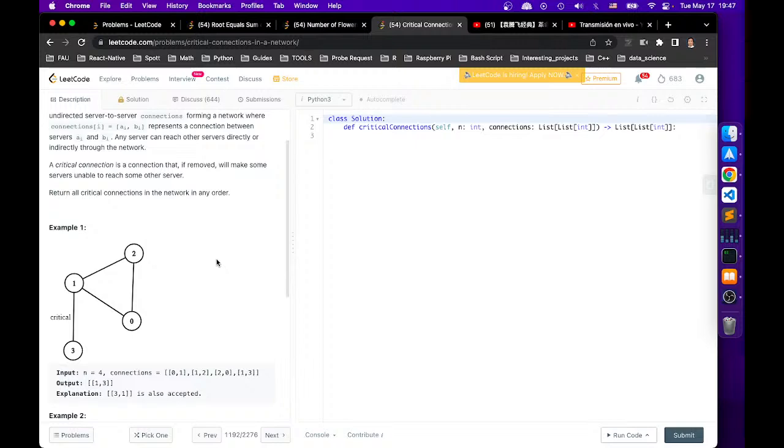If you break a connection, then of course you cannot go directly from this node to that node. And then the question is, can you reach that node from, let's say, a different route? Okay, let's say if we break this and we want to